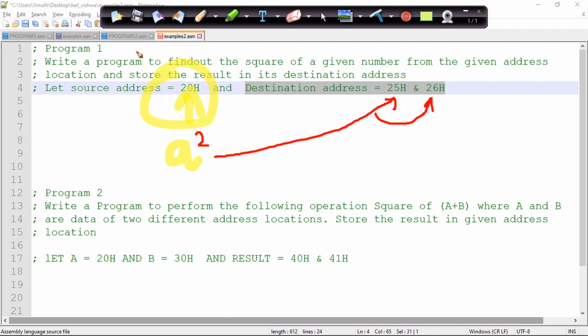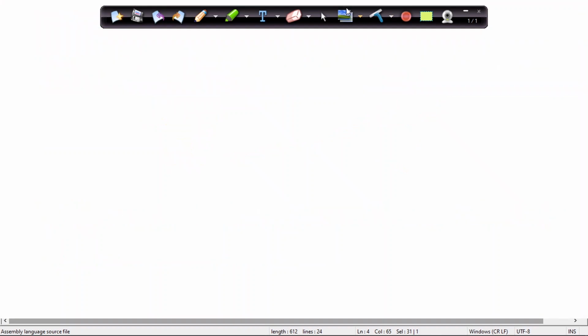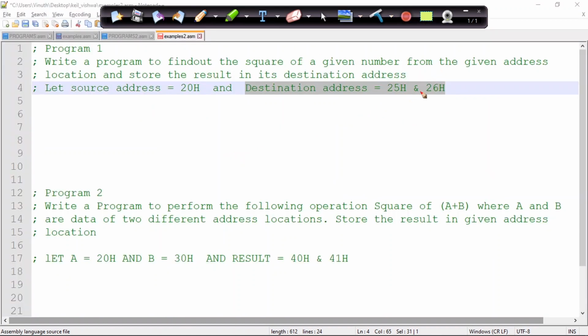Now you might wonder why we are having the 26 hexa location over here, why there are two different locations given as the destination address.